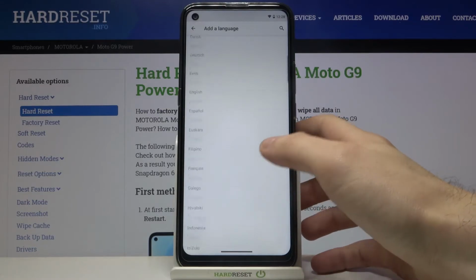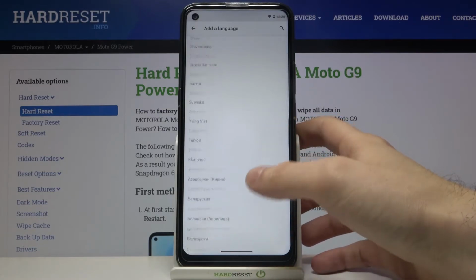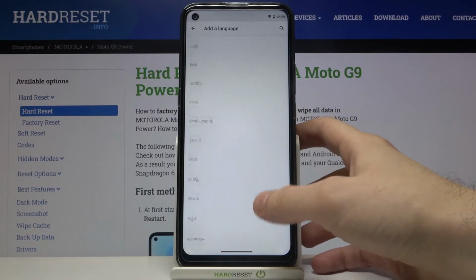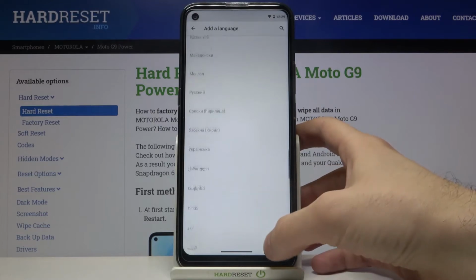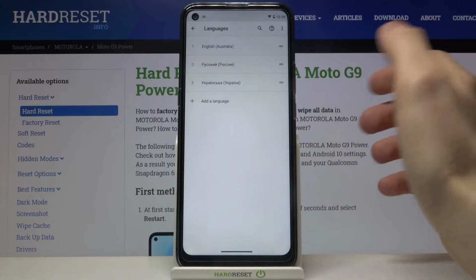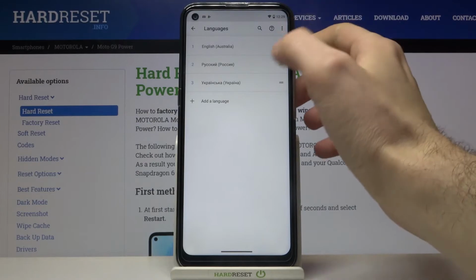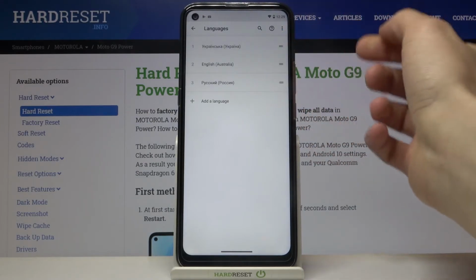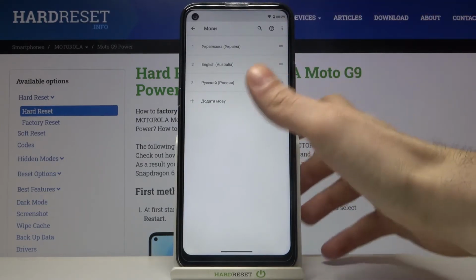And here you can see the whole list of languages in which you can set up your device. Let's select, for example, Ukrainian. And what you have to do next is to drag Ukrainian on the first place, and language will be changed